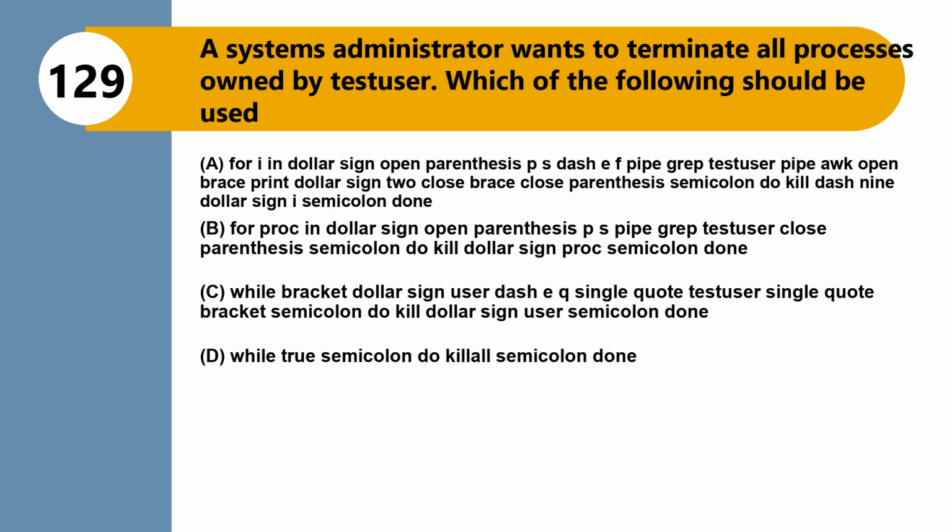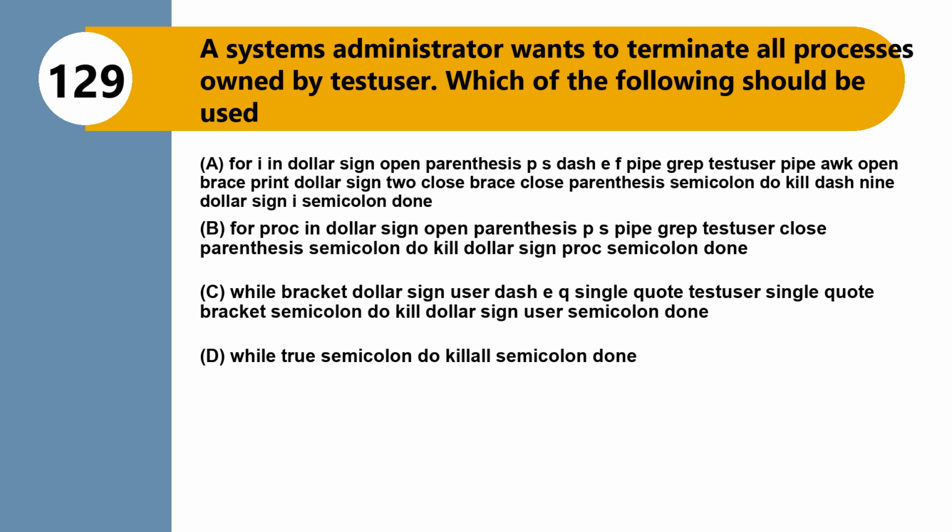Question 129. A systems administrator wants to terminate all processes owned by test user. Which of the following should be used? Option A, for i in $(ps -ef | grep testuser | awk '{print $2}'); do kill -9 $i; done. Option B, for proc in $(ps | grep testuser); do kill $proc;